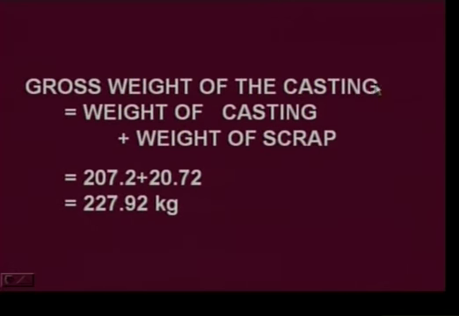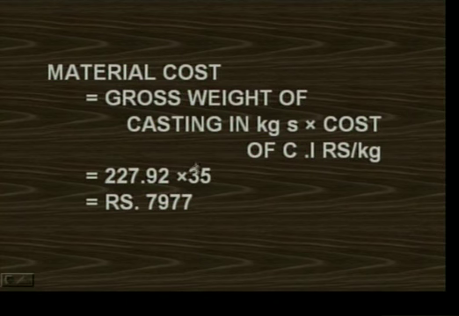Gross weight of the casting is equal to weight of casting plus weight of scrap, that means 207.2 plus 20.72, the value becomes 227.92 kgs. The material cost is the product of gross weight of casting in kgs with cost of cast iron in rupees per kg. So, the value is 227.92 multiplied with 35, you can get the value